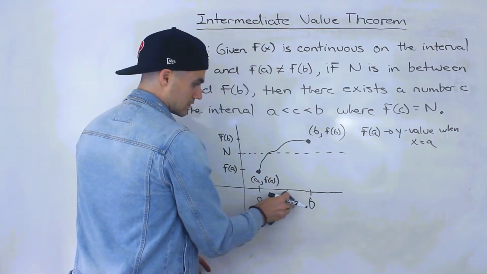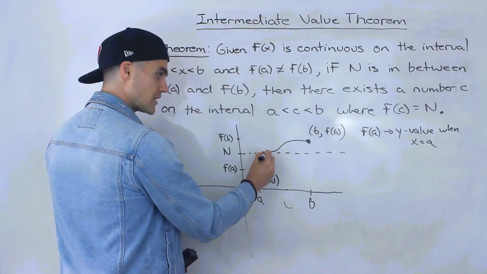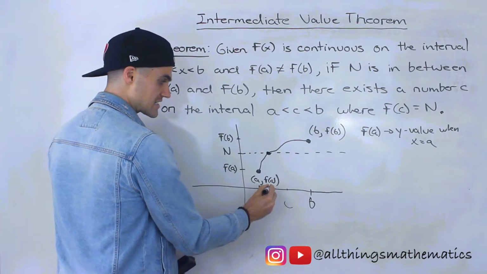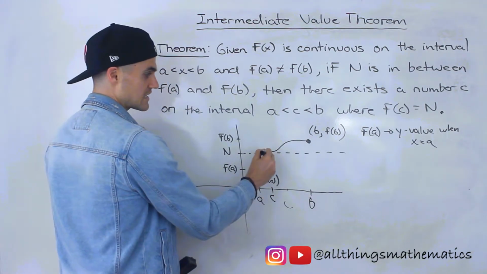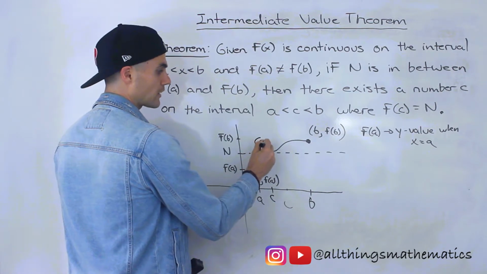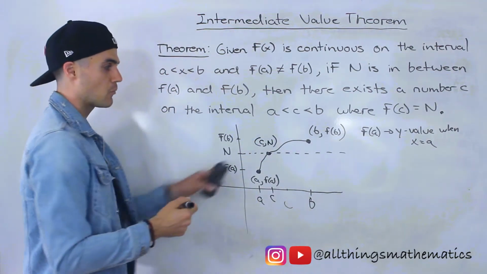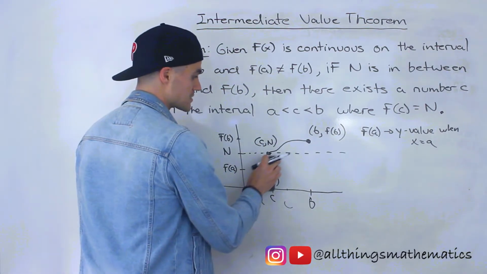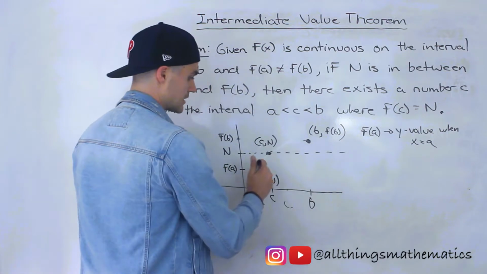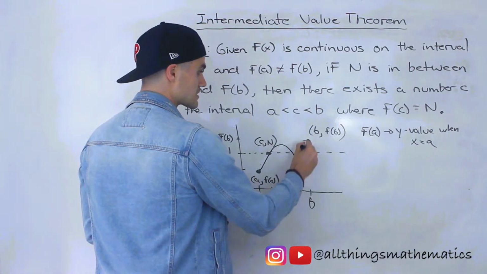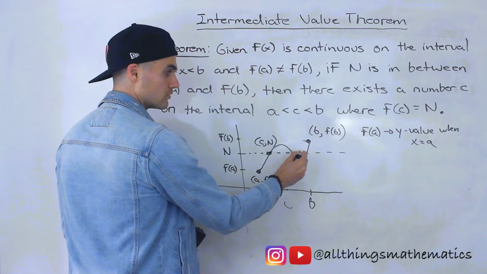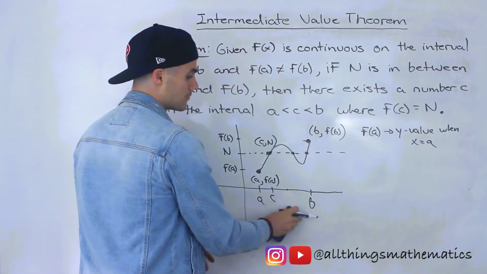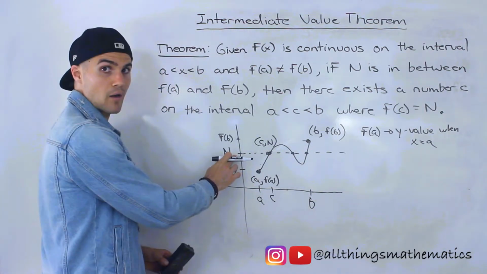Well, let's erase this c. Notice that over here, for this n value, there exists a number c, where f of c is equal to n. Basically, they're saying that there's some kind of coordinate c and n somewhere here, right? It's going to cross somewhere. And sometimes it could even cross multiple times. So this function can easily maybe even look like this. So there could be multiple c values in between a and b